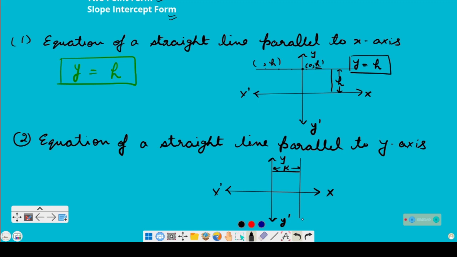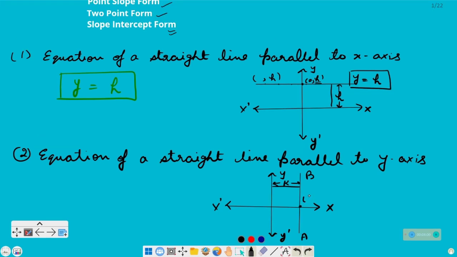इस लाइन की इक्वेशन हमें फाइंड आउट करनी है और ये y एक्सिस से k डिस्टेंस पर है. इट मींस एट एवरी पॉइंट ऑन दिस लाइन x कोऑर्डिनेट विल रिमेन सेम. x कोऑर्डिनेट k होगा और y कोऑर्डिनेट वेरी करेगा. एट दिस पॉइंट y कोऑर्डिनेट इज 0 और किसी भी पॉइंट पर आप फाइंड आउट करेंगे y कोऑर्डिनेट विल बी चेंज. So the equation of this line will given by x is equal to k, because x coordinate is constant at every point.